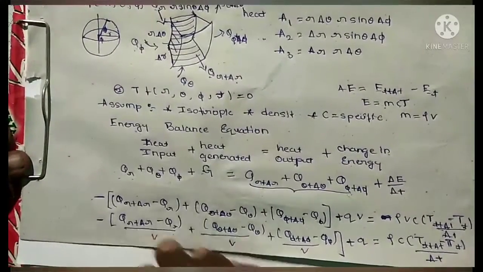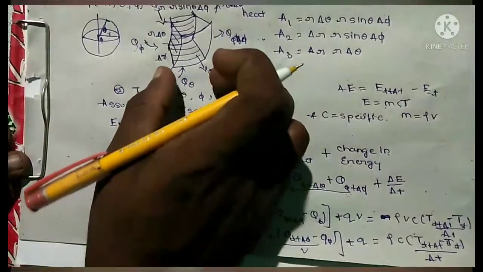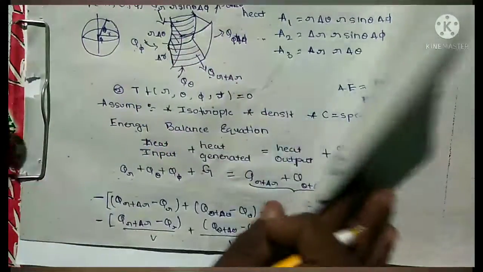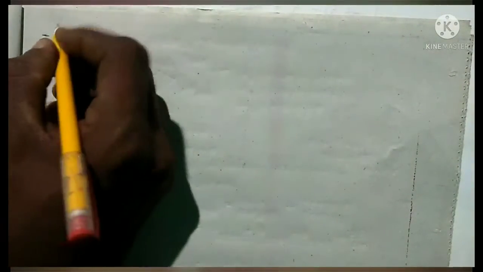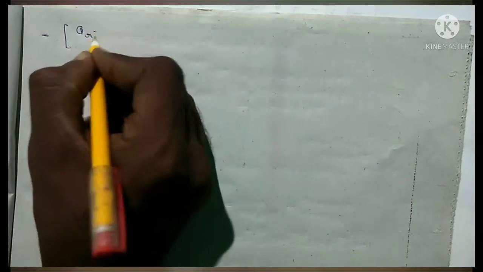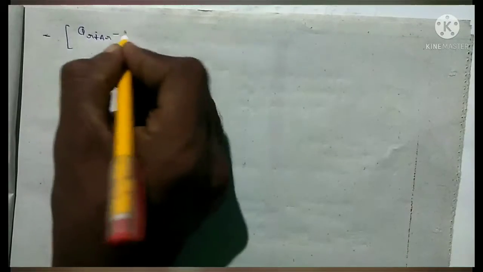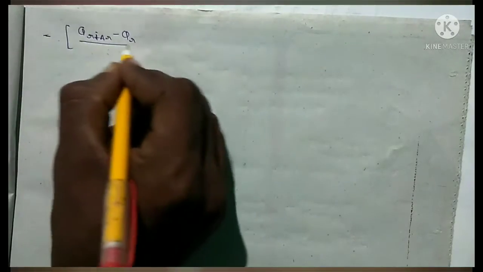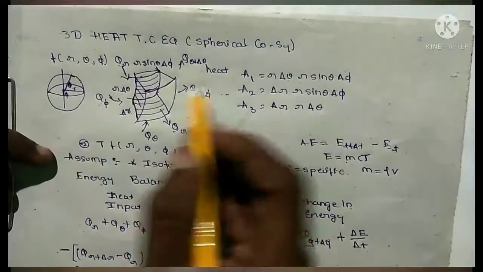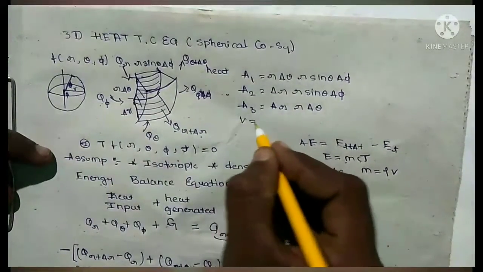Now we know that we are considering the heat element, so we have to take the volume of that element. Okay, so here I am going to write all the equation: minus of Q R plus delta R minus Q R divided by volume, where volume is nothing but